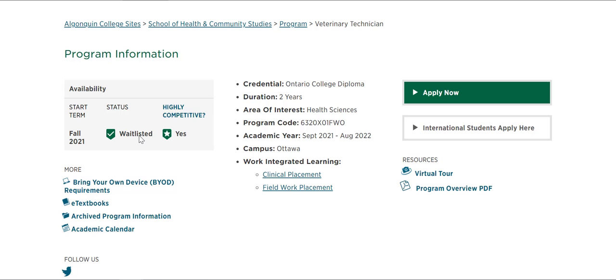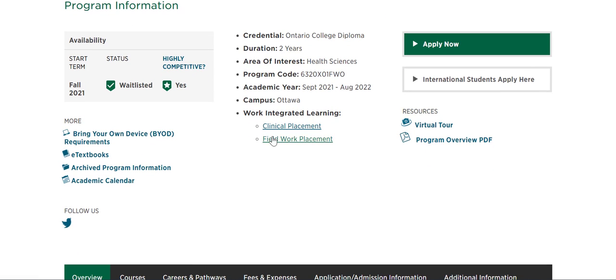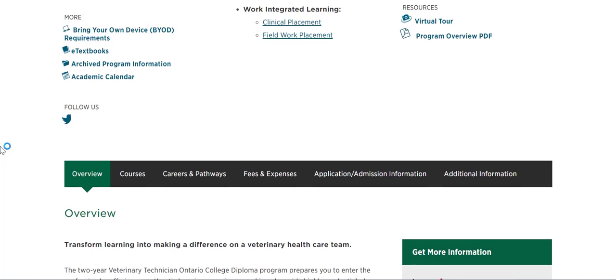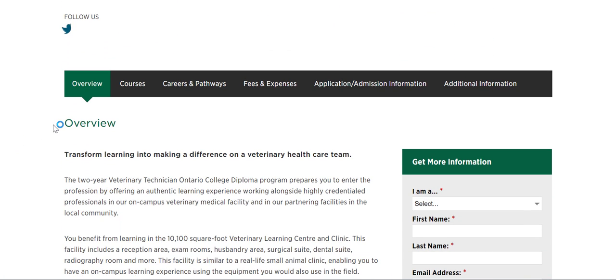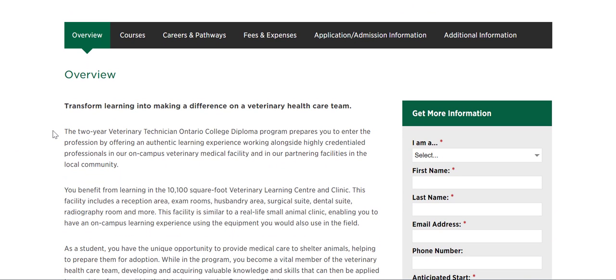So again, we're going to find the same information here that we saw on the Ontario Colleges website. It's highly competitive. The program is waitlisted. It's 2 years. Information about the clinical placement and the fieldwork placement you can find here. You can do a virtual tour. And then this is the menu that I'm going to really deep dive into, because exploring here gives us lots